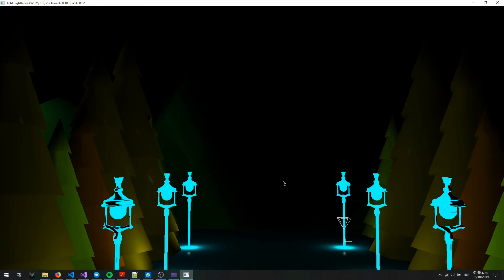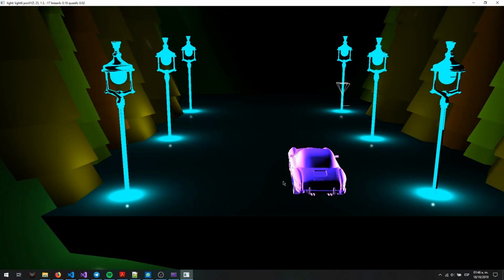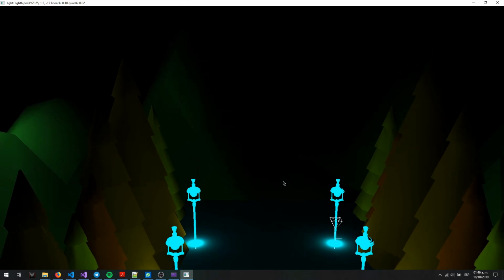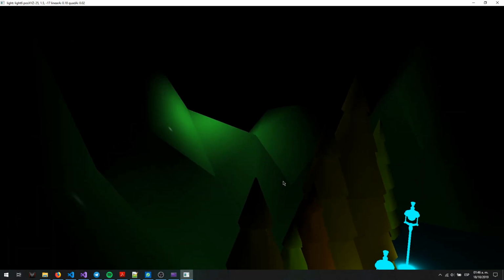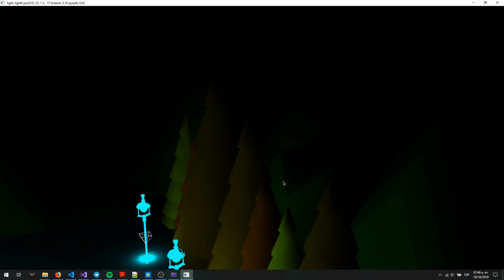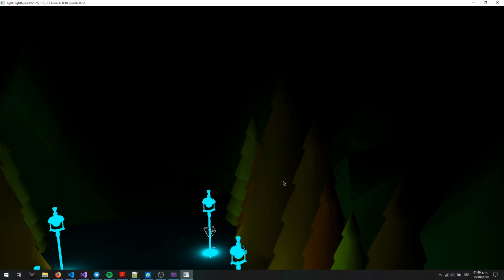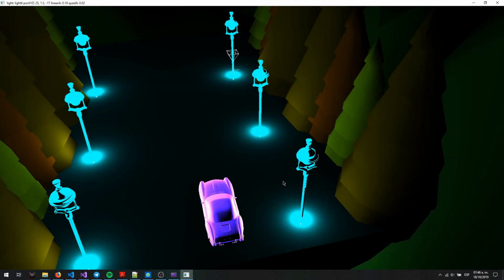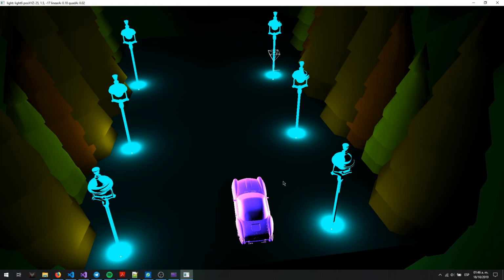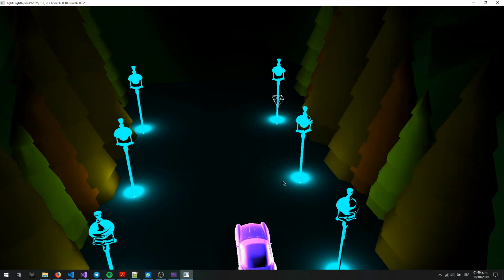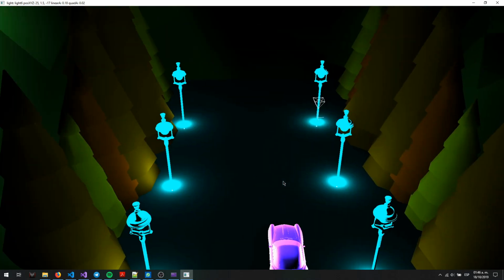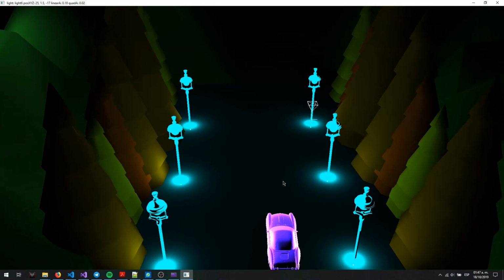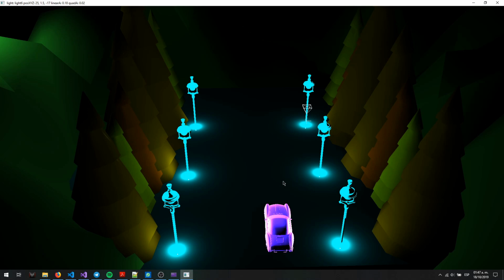So after that, we can take a higher perspective of my scene so that we can appreciate it. Then here, these are the mountains that I'm rendering in the background of my scene. The purple one is the car. Then the street lights are arranged in order, and just to show that everything is editable, I'm going to move